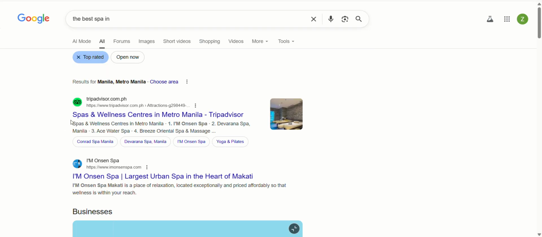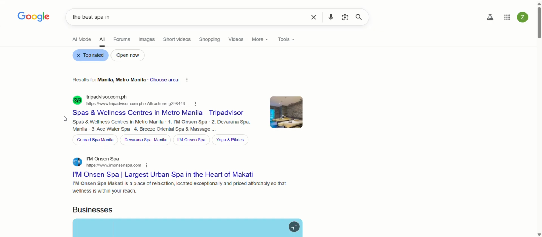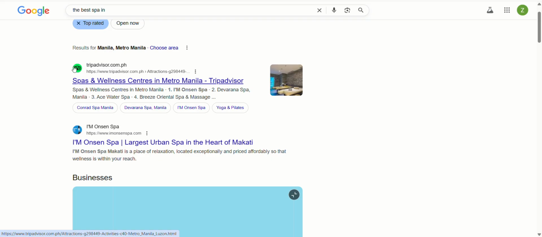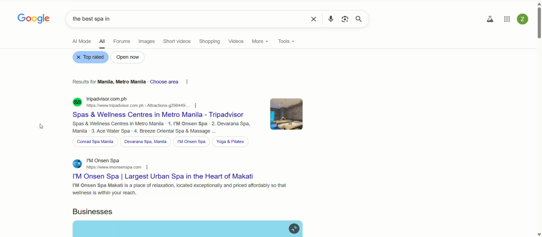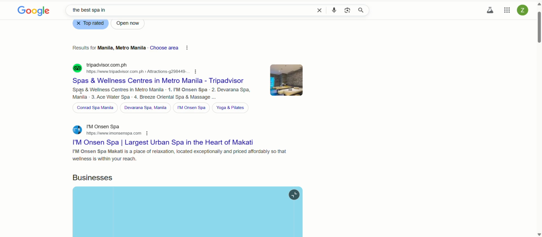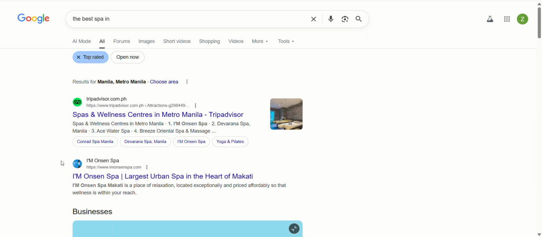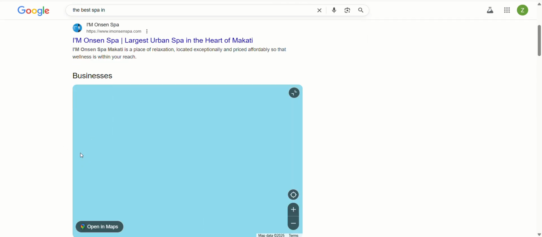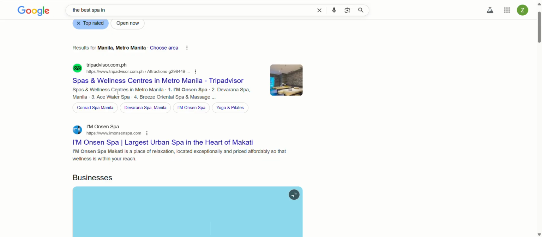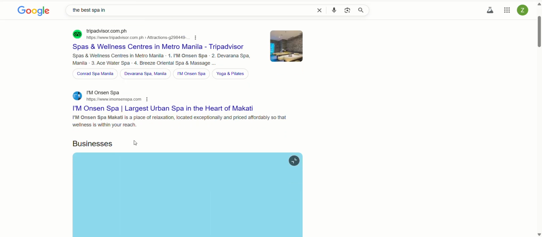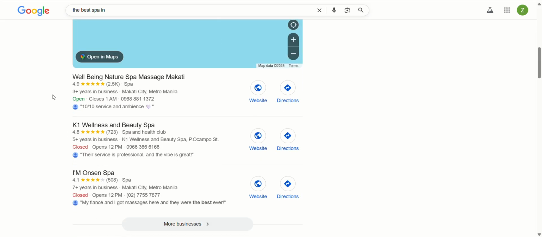Okay, so since we don't have local service ads or LSA, what you usually see at the top would be businesses that are running pay per click ads. And that's the reason why they're at the top, because they're running an ad. Basically, people that are looking for services will usually go here. All right. Now, when I scroll down, you will see this, and this is something